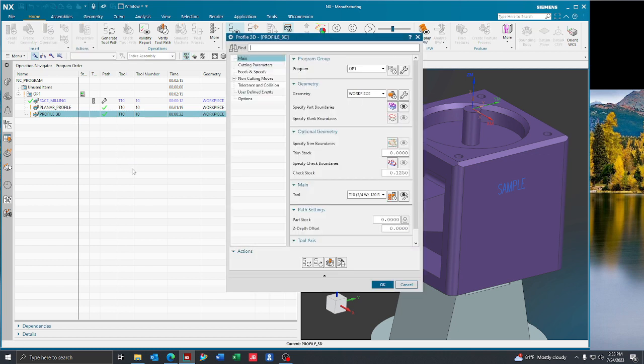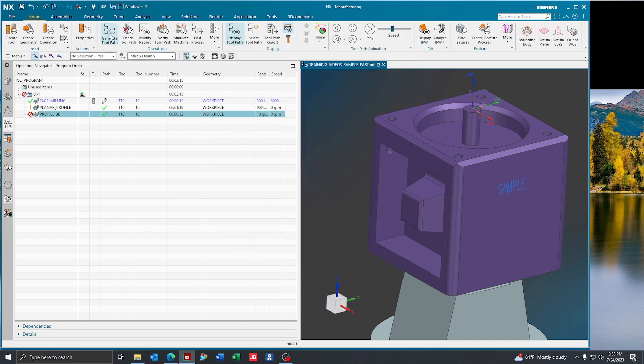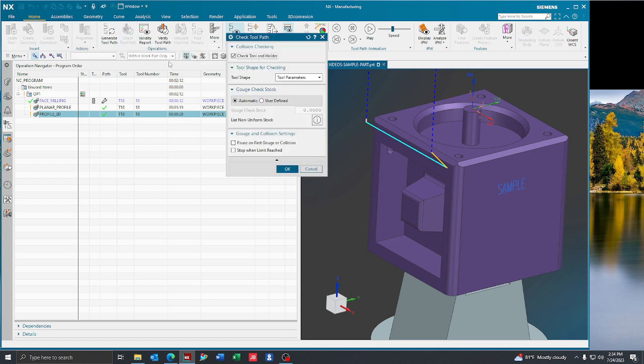But in the instance that it's not, let's go ahead and put a value here, and then we will generate this. So I just pushed the tool 100 thousandths deeper into the part in the z-axis. So in theory, this should be gouging. If we go ahead and say check toolpath now,